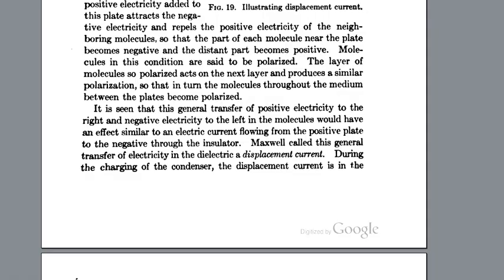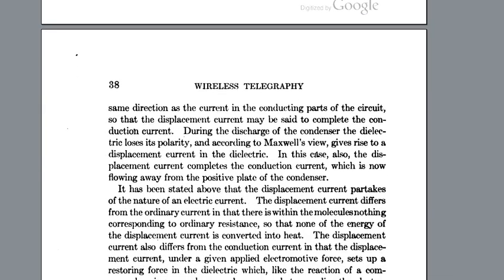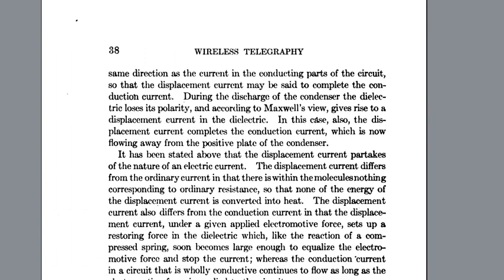Maxwell called this general transfer of electricity in the dielectric a displacement current. During the charging of the condenser, the displacement current is in the same direction as the current in the conducting parts of the circuit, so that the displacement current may be said to complete the conduction current. During the discharge of the condenser, the dielectric loses its polarity and